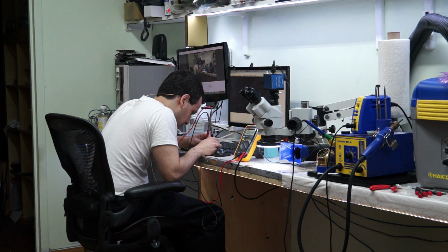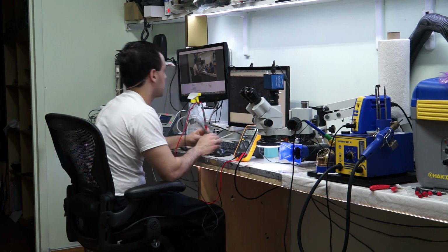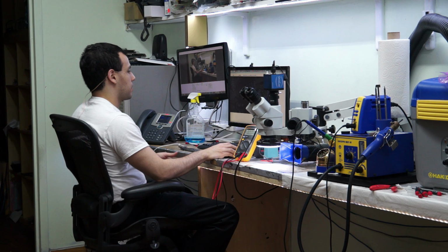That's what's interesting. It's not 0, but it's not 3. It's like it's trying to do something. So on both sides of that resistor, I get the same low reading. It's trying to put something out, but it's not really doing what it's supposed to. So let's go down the line and see what else is going on with this board with the